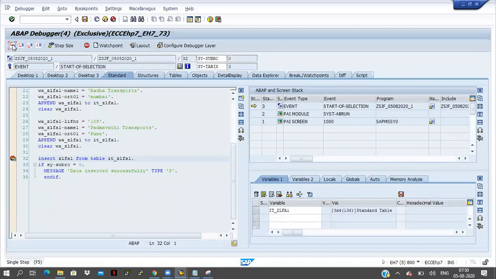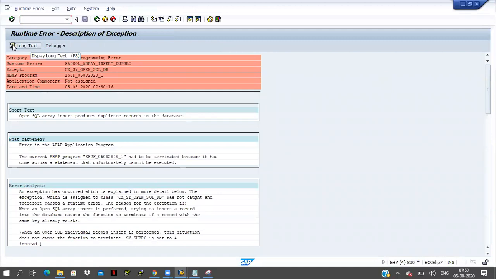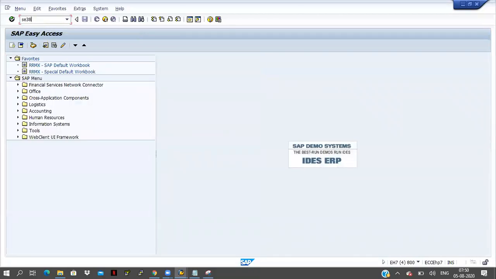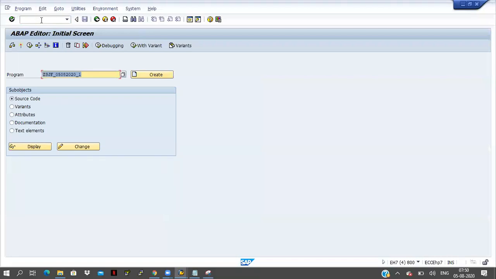Click on the F5 button. See, it is going to dump here because already existing data is there. 104 already exists, so it is going to dump. We should not pass the existing data; we have to pass only new data. But how can I know? In real time we will get a lot of data, some thousands or some lakhs of records. Then how can